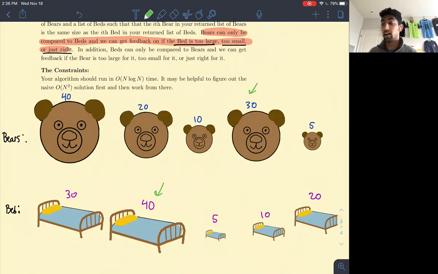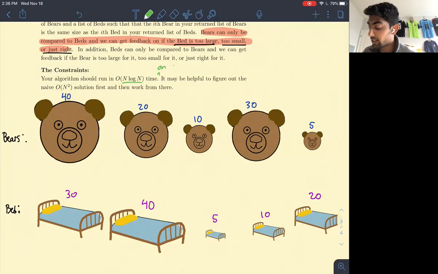What we would get out is that the bear with size 30 is less than the bed of size 40. That's the only information we know. So somehow we have to leverage this feedback system to match each bed with its appropriate bear. And it says right here that our algorithm should run in n log n time,